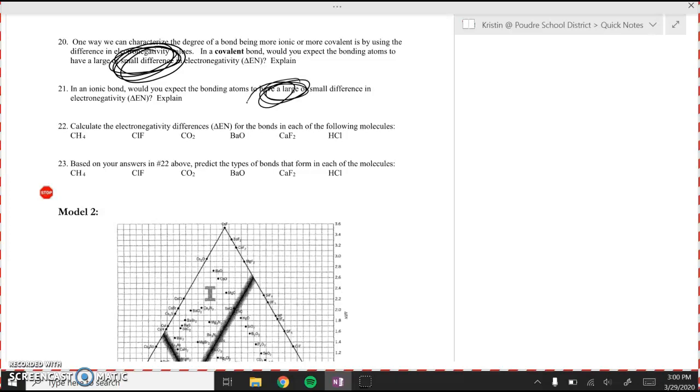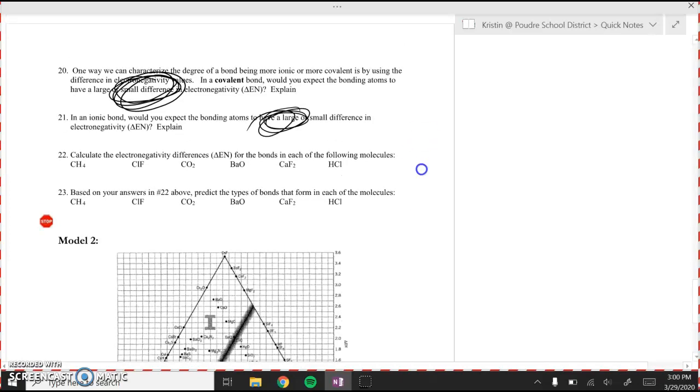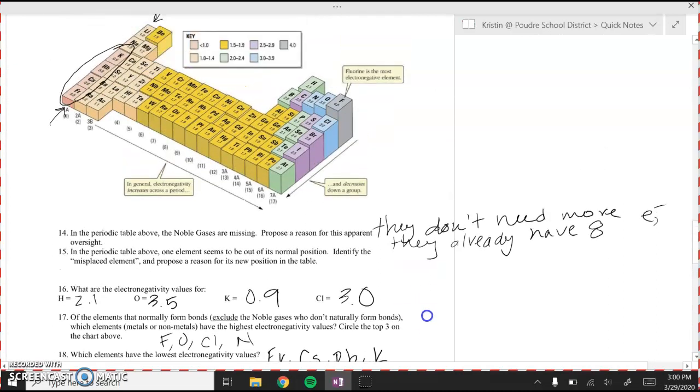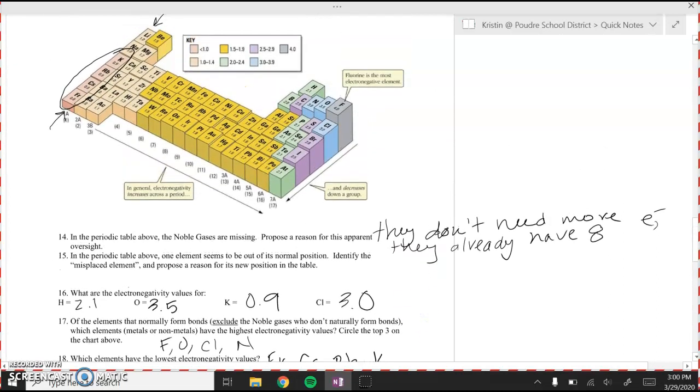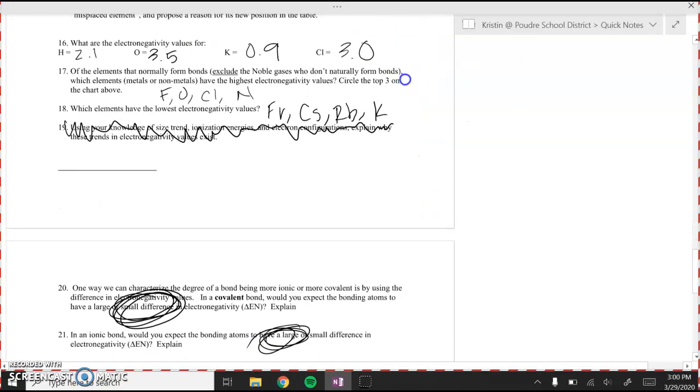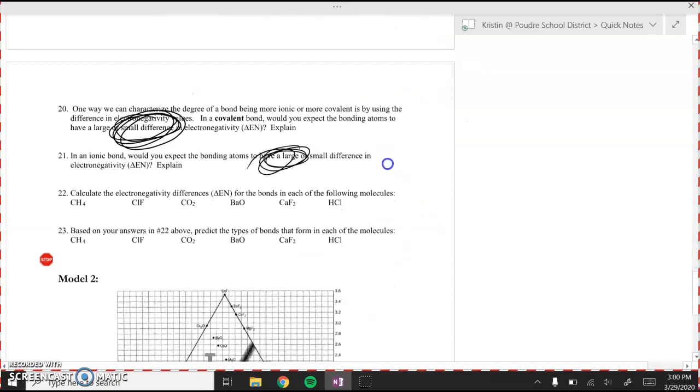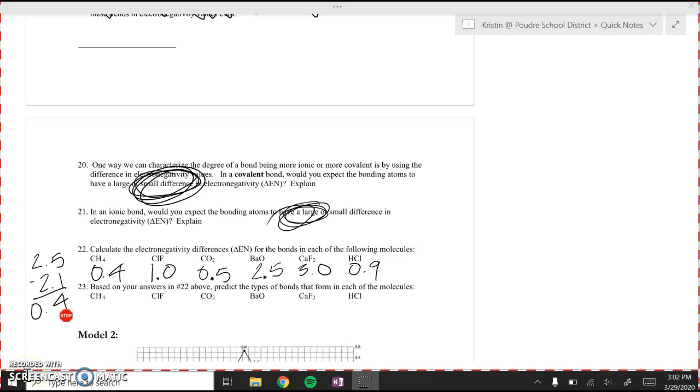Okay, so it asks us to calculate our differences in electronegativity. And so you can just take the values from the table and work those out. So carbon minus hydrogen, that value is 0.4. Now that I have all my values from subtracting the value of one element from the value of the other element in the compound,